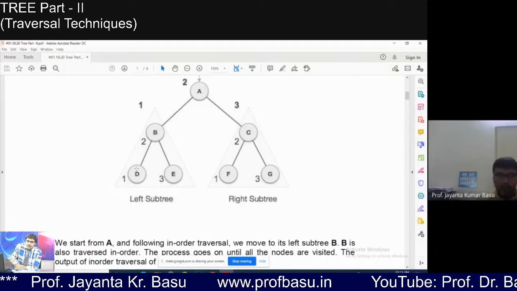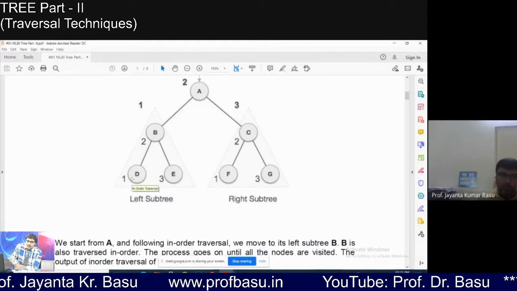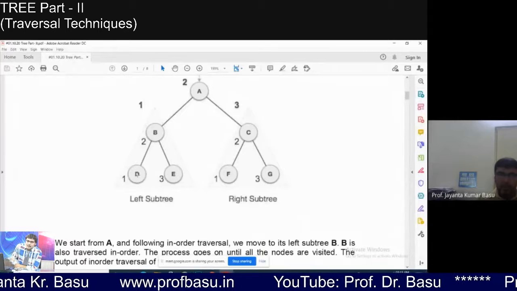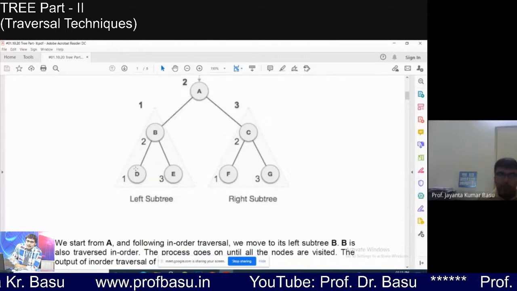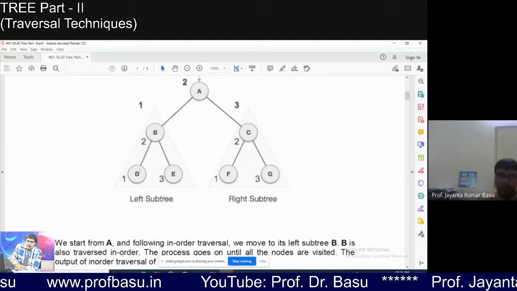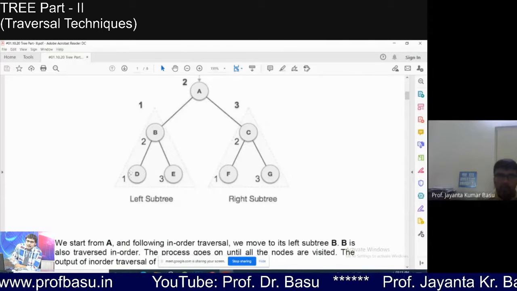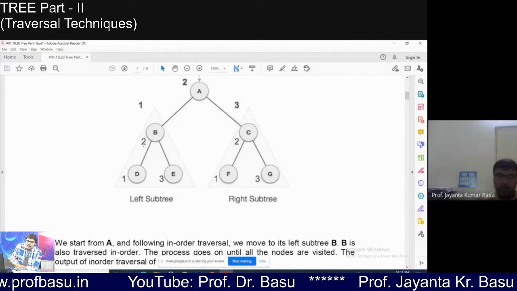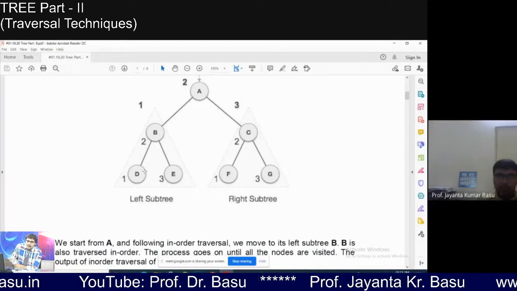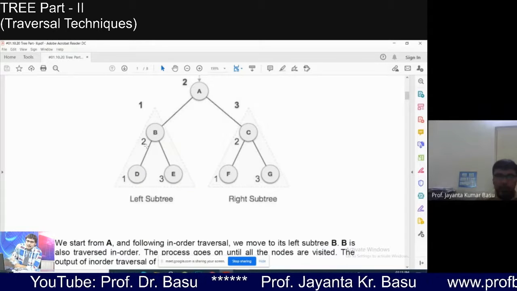So first you have to visit the leftmost node. So first we will visit D. And for this subtree, I told you the sequence: left, root, and right. This is the leftmost node, this is the root, and then the rightmost node. The digits are given for your better understanding. So first D, then B, then E. Understood this part?